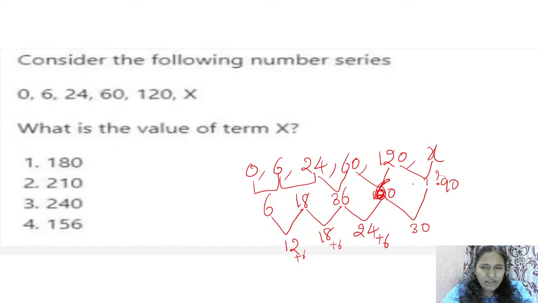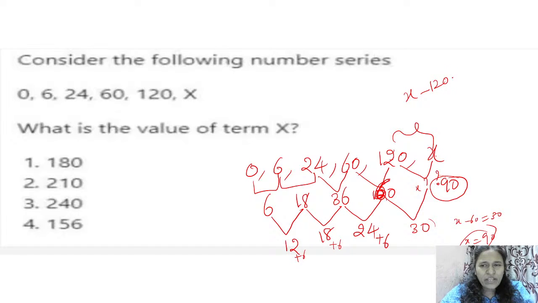Suppose I take x minus 60 is 30, then x is equal to 90. That means 90 minus 60 we will get 30. That's why here 90. Okay, we know now this 90 is the difference between 120 and x. Then what is x? x minus 120 is 90. x is equal to